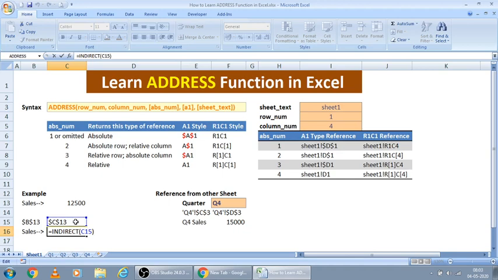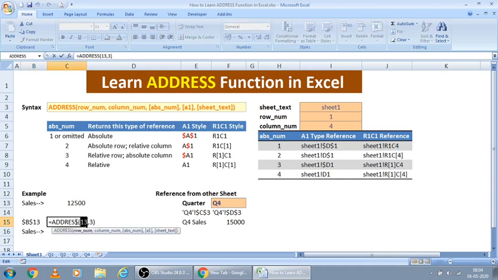The indirect function shows the value in a particular reference. In this case it's 12,500 and here the sales text is there. Now we have seen that whenever some rows or columns are inserted, this reference will remain intact, it won't move along with the data. For that we can do this dynamically.